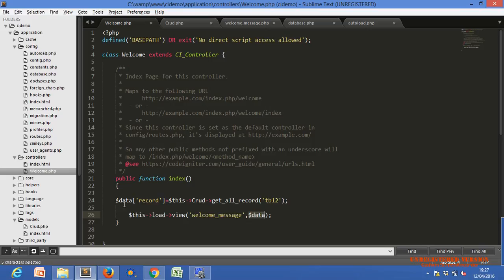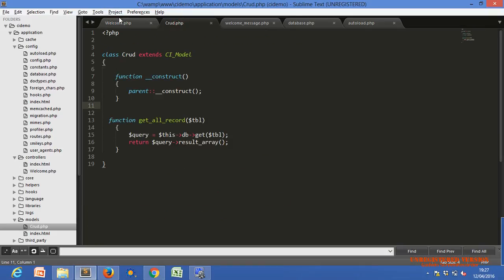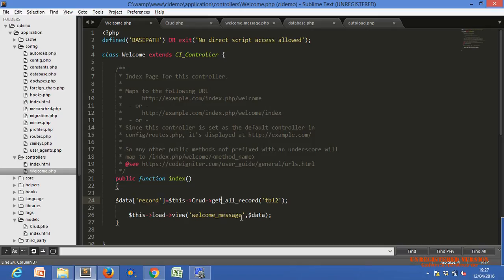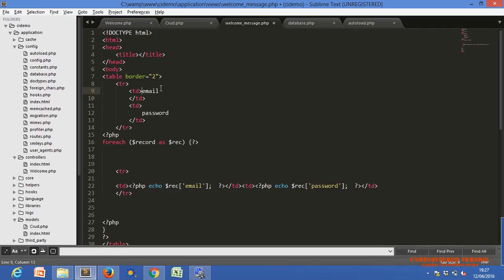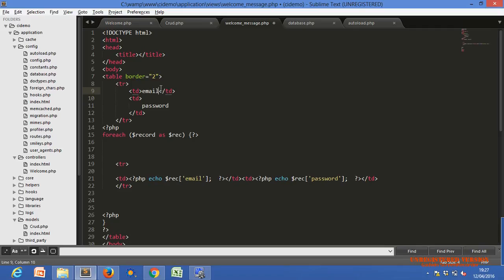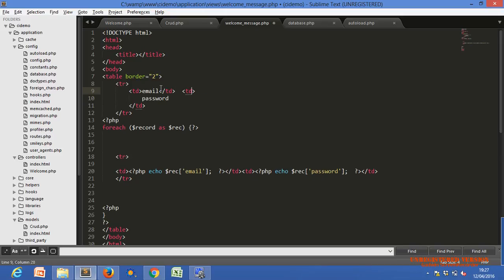We have to pass these records we fetched earlier with the help of this CRUD model function, and load them into this file. We have two columns, email and password. We can use the email and the password in the same line also.